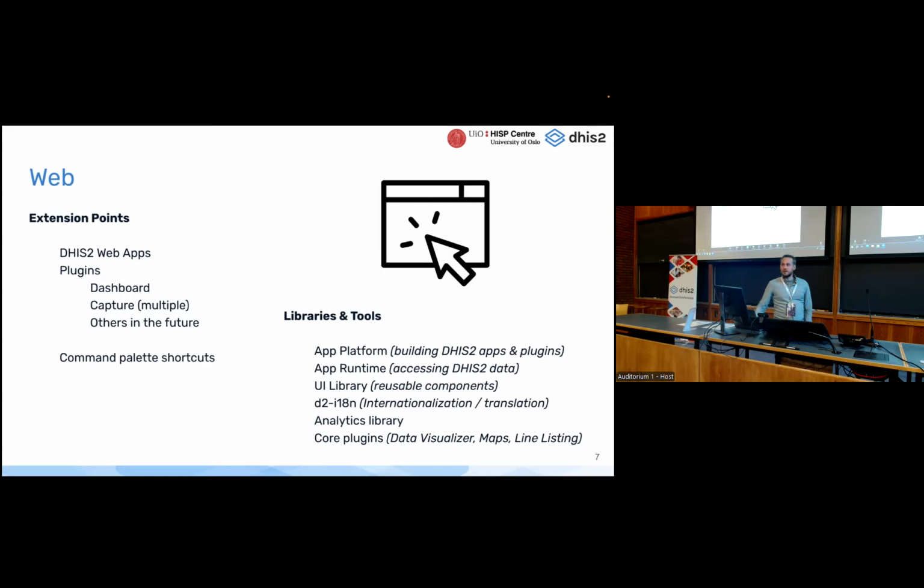We have a number of tools and libraries that probably most of you know that go into how you actually build these different types of web extensions, web apps, and plugins. The app platform is a big one. It's basically a command line tool for initializing, building, testing, deploying and running a development server for a web application with plugins. App Runtime is a library that is used for React application to communicate with the DHIS2 API using